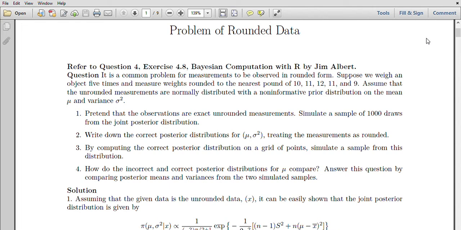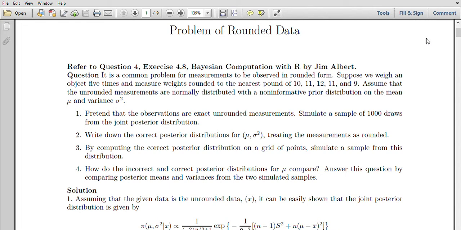I hope the question is clear to you. Let me repeat. It is as if we have rounded data coming from a normal distribution. In the first approach, we treat the rounded observations as if they are unrounded and follow the normal model. The second approach is to find the PMF of the actual rounded observations, find the posterior distribution, and make conclusions regarding the parameters. If the conclusions differ drastically, then we will have to reconsider our decision of treating the observations as unrounded measurements. Let us try to answer this one by one.